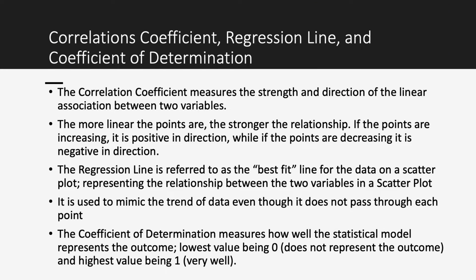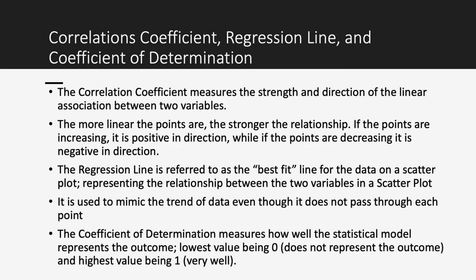Correlation coefficient, regression line, and coefficient of determination. The correlation coefficient measures the strength and direction of the linear association between two variables. The more linear the points are, the stronger the relationship. If the points are increasing, it is positive in direction, while if the points are decreasing, it is negative in